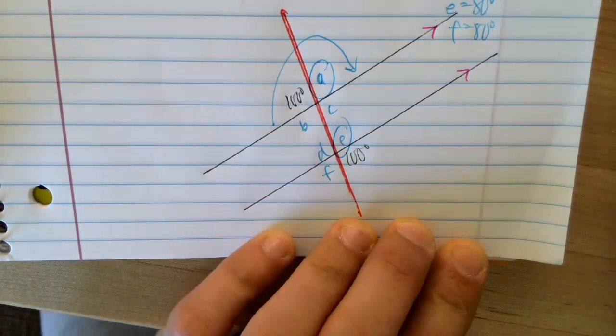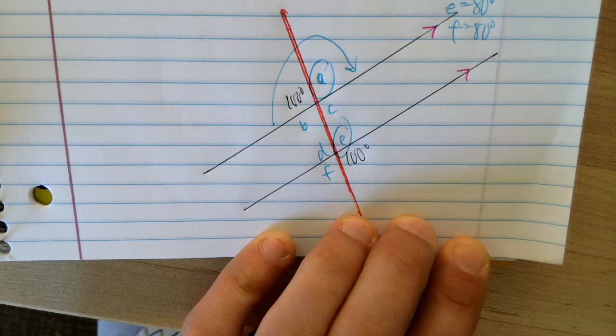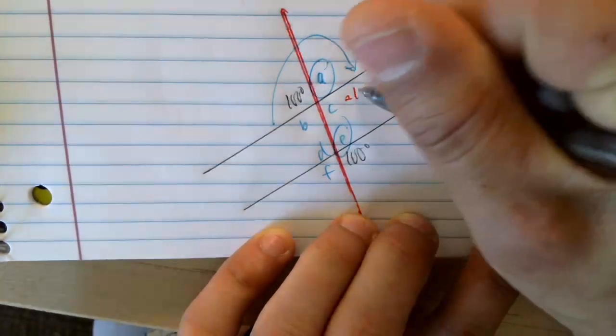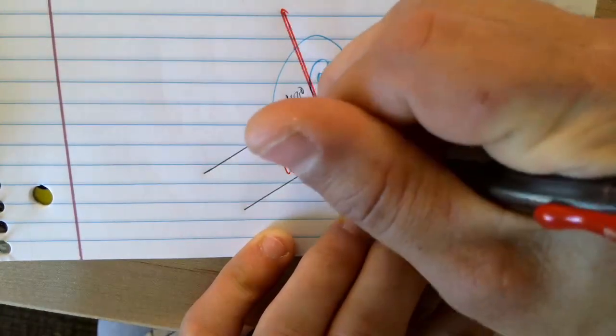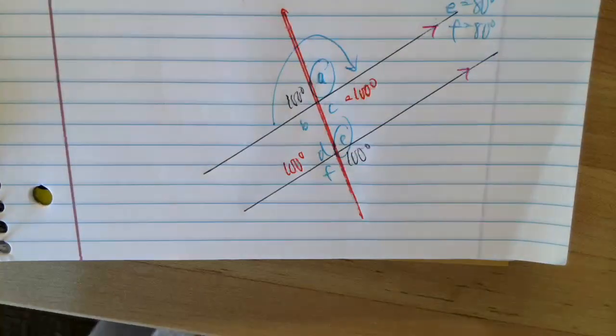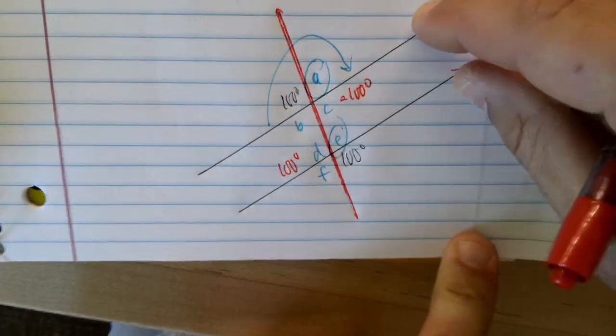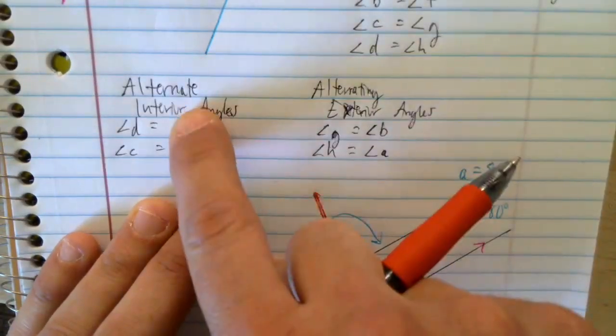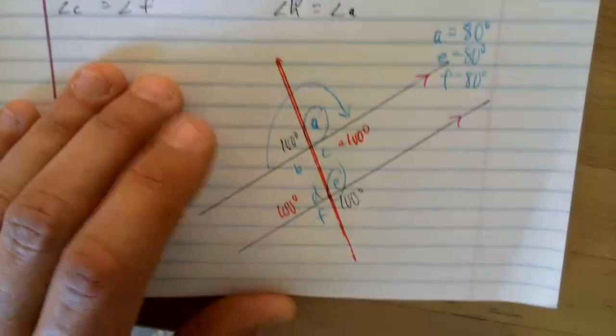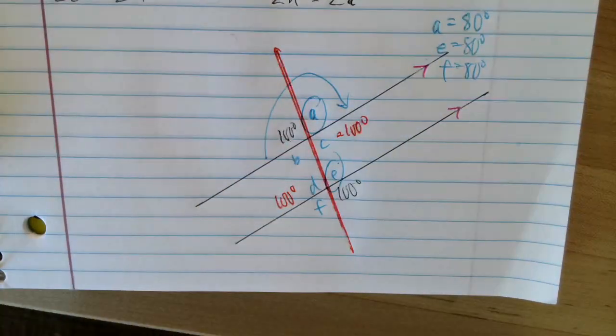What others could I figure out? Are there any other 100s? Yeah. C is 100. Any other ones? D is 100. Again, how are we figuring that out? Once you establish that these two lines are parallel, then you can begin to look for all of these categories. Where are the corresponding? Where are the alternate interior? Where are the alternate exterior? So that's an example of